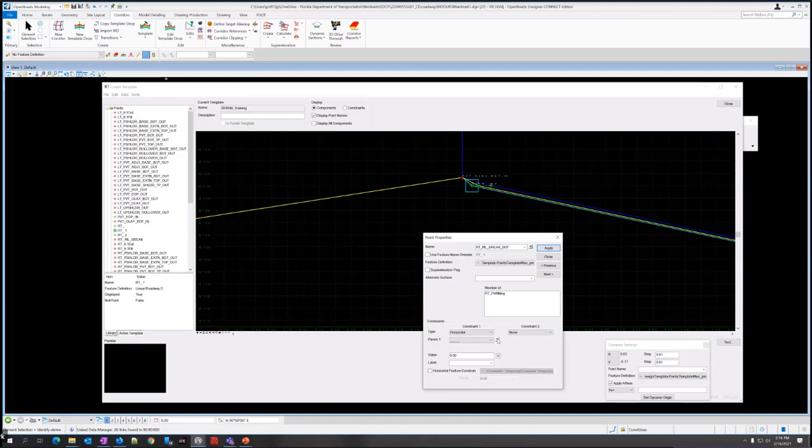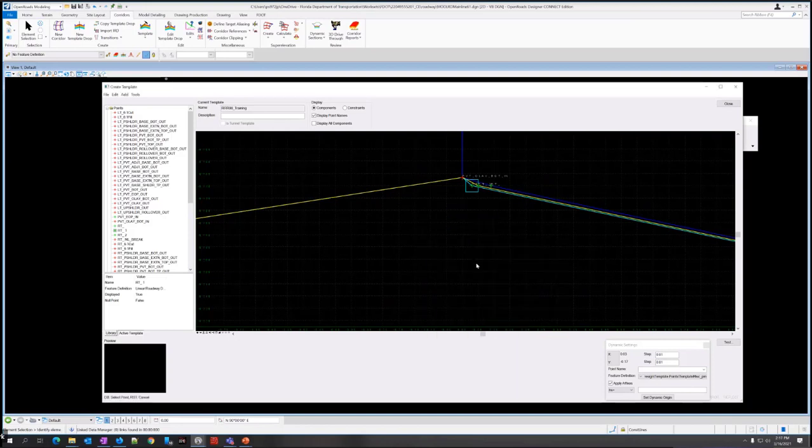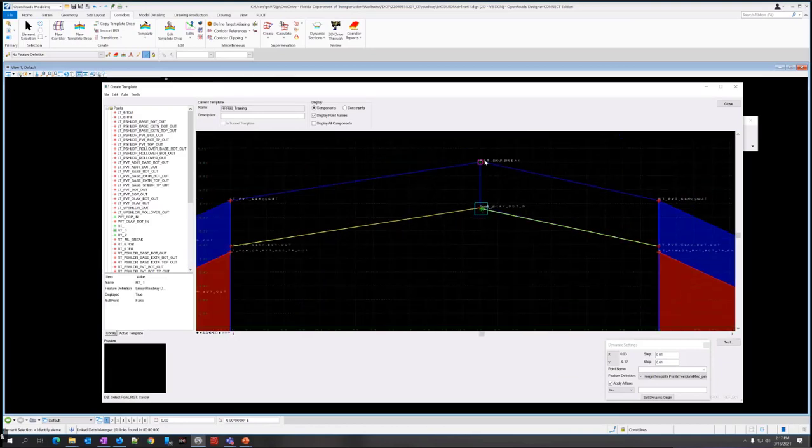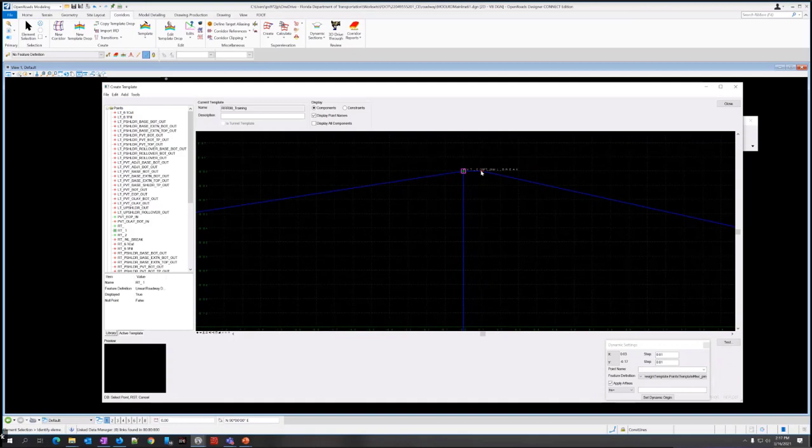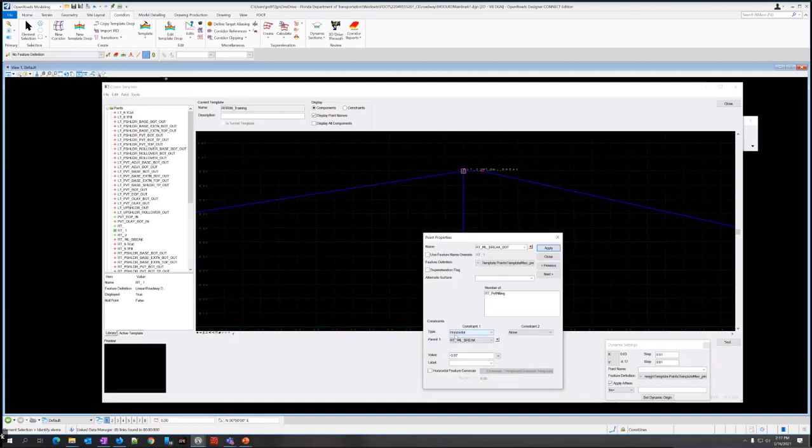Then if you click the little target looking icon right beside the parent, you can select from the drop down, but I don't know what I called it. So if I click the target, I can select it graphically, and it's going to be the RT ML break, the other one we selected over here. And that's so it's constraining to that.